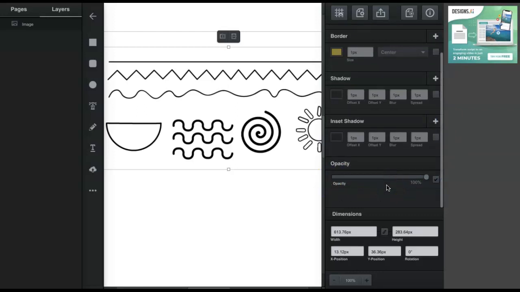Opacity is just how transparent or opaque your object is. So opacity is just another word for opaqueness. It means it's not transparent. So opacity at 100% means that it is 100% opaque. You can't see through that to a layer below. However, if I drag this slider